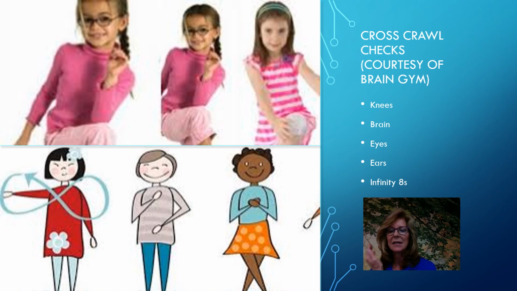Can you do this? And I do this with my ears. I know you can't see me very well, but I'm touching my opposite hand to my opposite ear. And then we have them draw something that Brain Gym refers to as infinity eights. That's the little girl on the bottom left in this picture, where she's drawing an infinity sign. Many of these children will draw something that looks like a peanut shape, but they can't cross the midline. And by the age of 7, I'm really expecting these infinity eights to be very easy